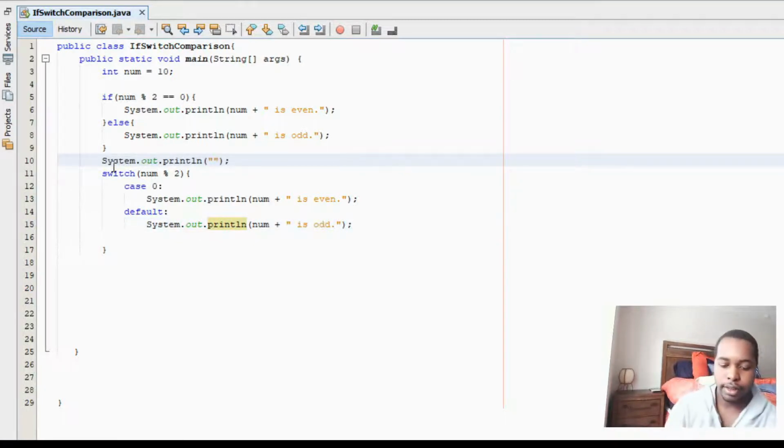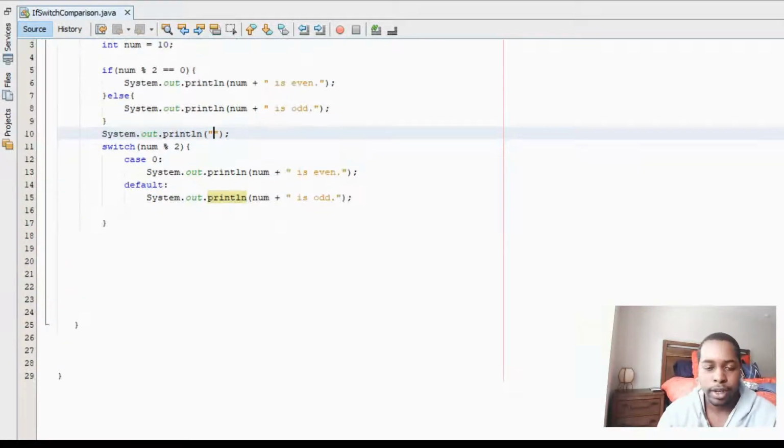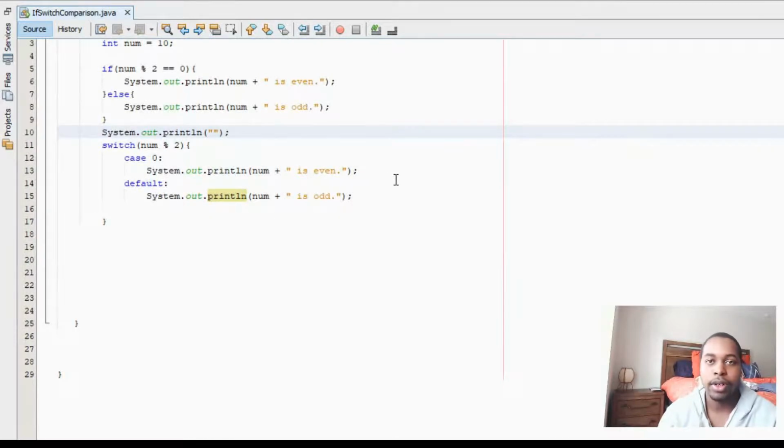Alright, so when we run this, see how it executes 10 is even and 10 is odd. So the difference between if and case is that if only executes one block of code, a case executes every block of code. But there is a way around it if you don't want it to execute every block